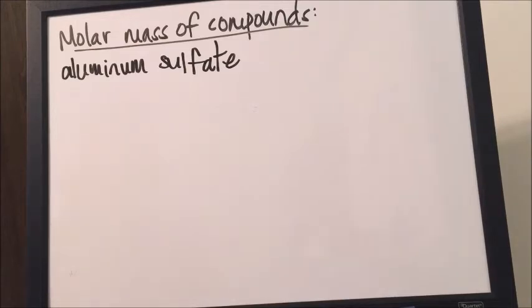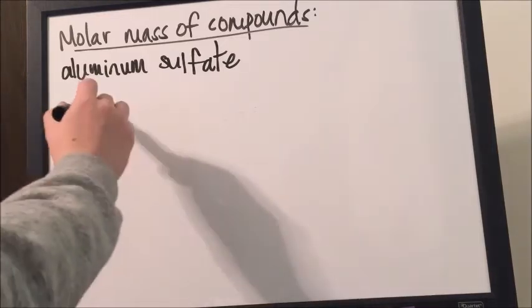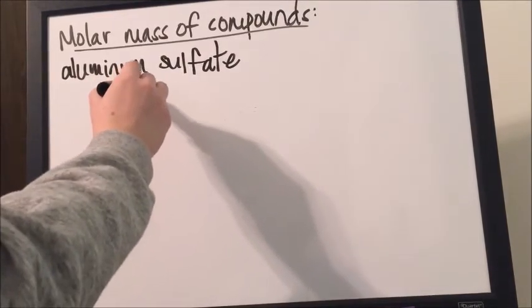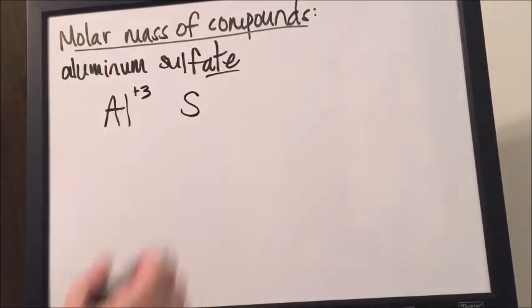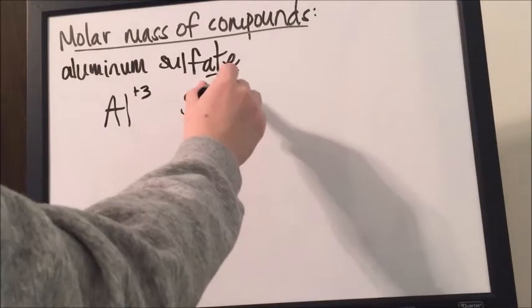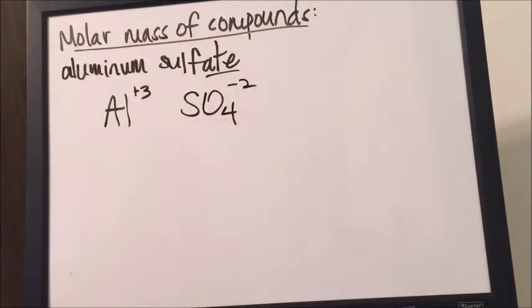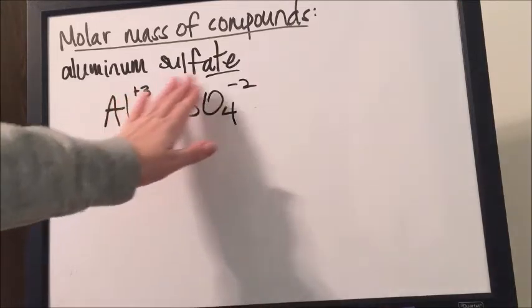Okay, so if we remember from our last chapter on formula writing, this is an ionic compound. Aluminum is a metal and sulfate is a polyatomic, which are two indications that this is going to be an ionic compound, and so we have to deal with charges. So when aluminum becomes an ion, it loses 3 electrons, it's +3. Sulfate is a polyatomic. Your hint here is that it's not found on the periodic table, and that's SO4 2-. If you are doing it the way I taught you, you have to have the same number of positive charges as you have negative charges, and so we talked a lot about the least common multiple of these two